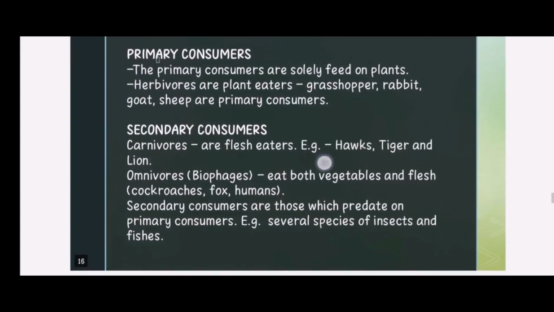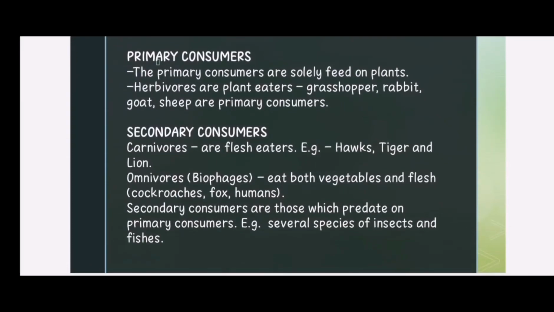Next are the consumers. What are consumers? Consumers are the ones who need to consume or eat in order to gain energy, as they do not have the capability to produce their own food. And we have three classifications for the consumers. These are the herbivore, carnivore, and omnivore. Herbivores are the primary consumers who solely consume energy from the producers. In short, those are the species who eat plants to gain energy.